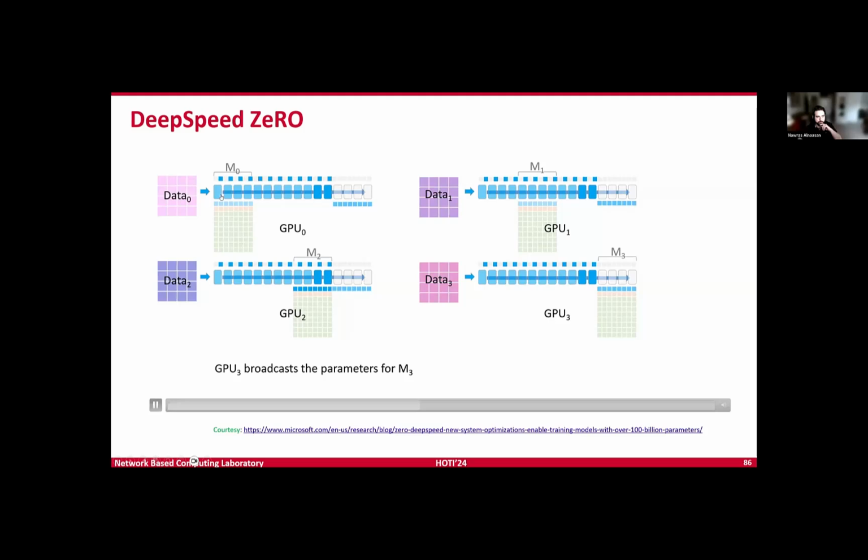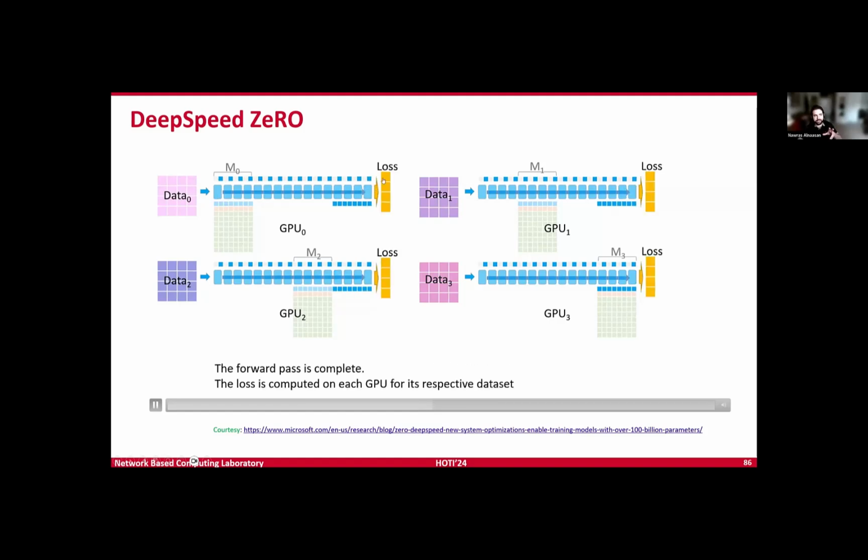Now remember, the purpose of the forward pass is to propagate the input through these layers and get an output, compare it to the actual output, and get a loss. Based on that loss, we're going to start calculating the gradient. The gradient is in yellow here, and we're going to aggregate the gradient. Since GPU 3 is responsible for this segment of the gradient, all of the other GPUs will send their gradients, and we're going to reduce them in GPU 3.